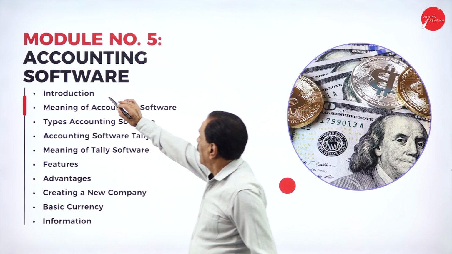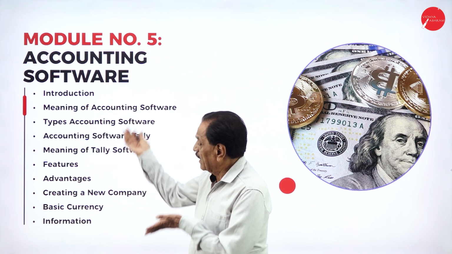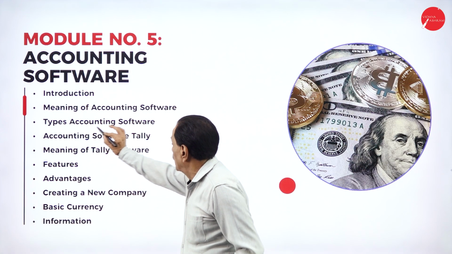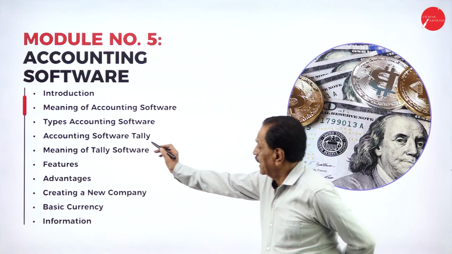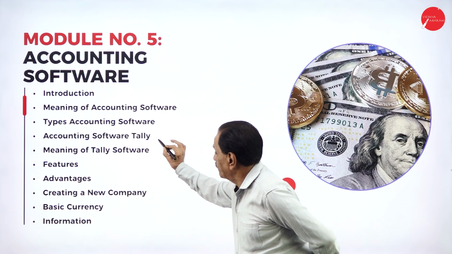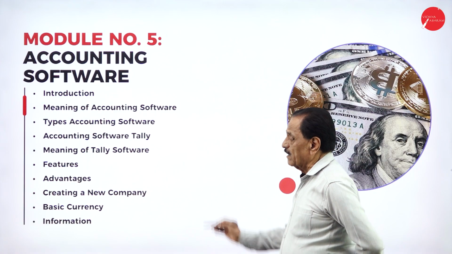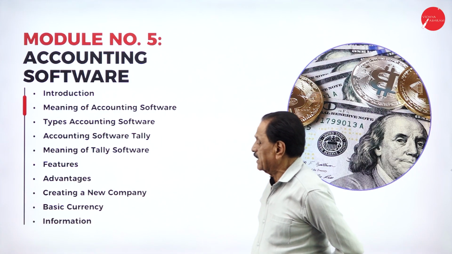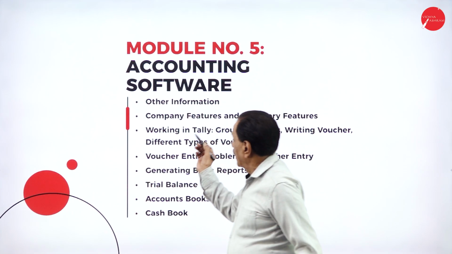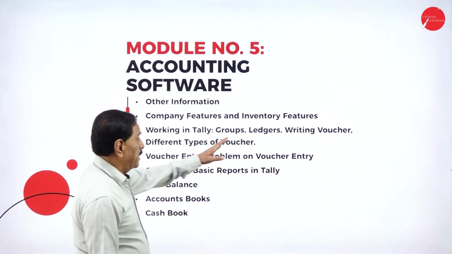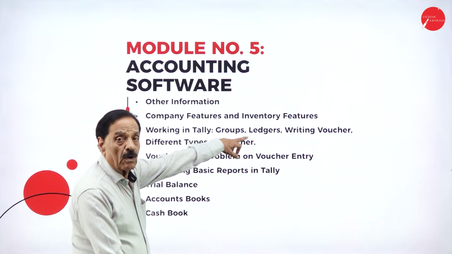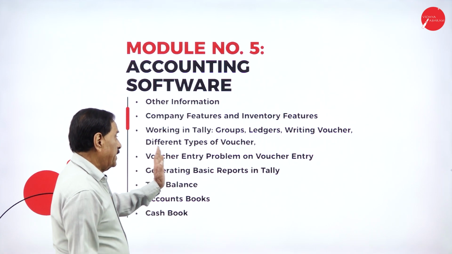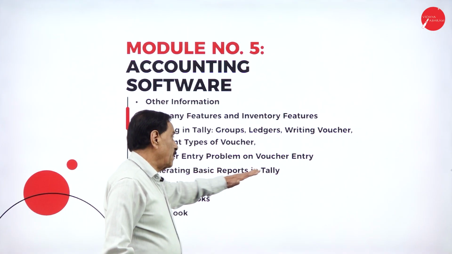Then module number 5, accounting software. So the other 4 chapters are manual. This will go with the software. Introduction, meaning of accounting software, types of accounting software, Tally, meaning of Tally software, features, advantages, creating a new company, basic currency information, other information, company features and inventory features. Inventory means stock. Working in Tally, groups, ledger, writing voucher, different types of voucher, voucher entry, problem on voucher entry,